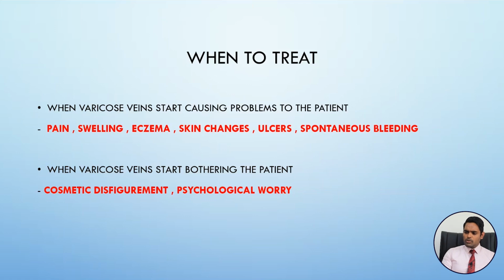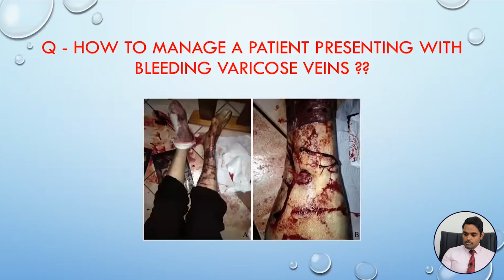Let's say a patient with varicose veins comes to you with a history of bleeding. It may be a minor bleed, sometimes it could be a major bleed. So first of all, you will have to control the bleeding. This is bleeding from the venous circulation, not from the arterial circulation or an AVF. So it's a low pressure system. Therefore, simple pressure applied by a pack of gauze and a crepe bandage around it should settle this